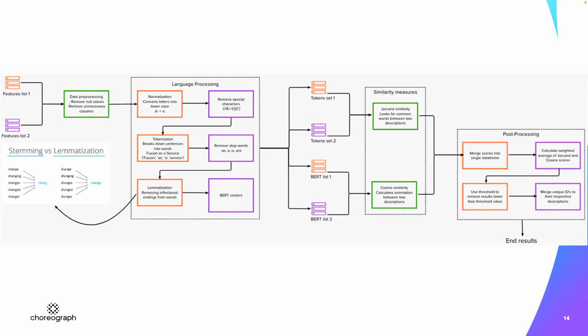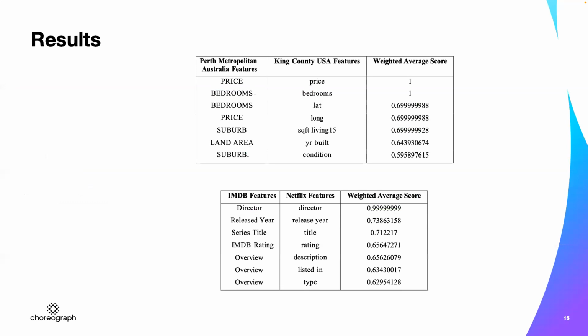And at the output of similarity measures, you take the average of both of the results, and then you do some post processing and do some filtering to make these results human readable. So once you see the end results, they come out to be something like this. I will specifically highlight the second table over here because I have shown the IMDb dataset and Netflix dataset example